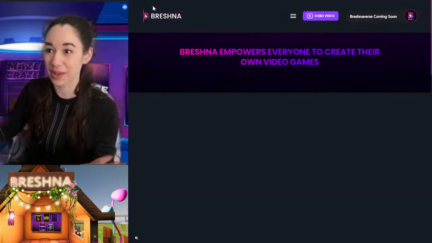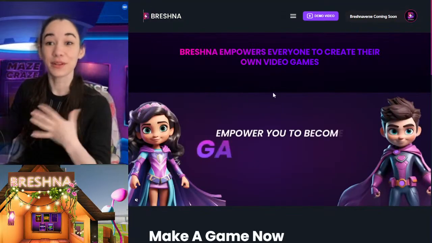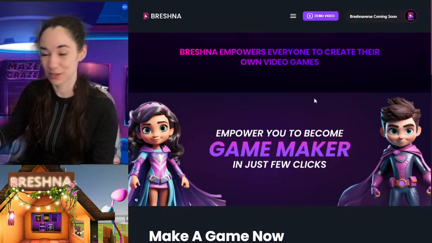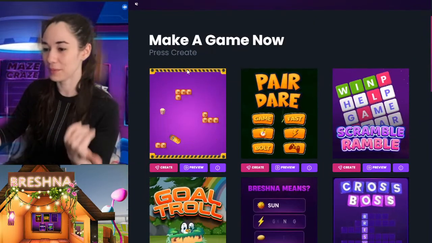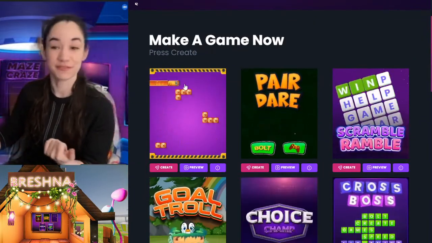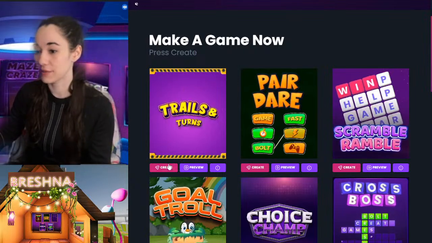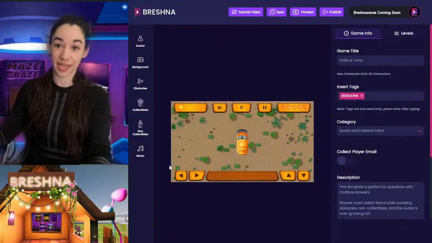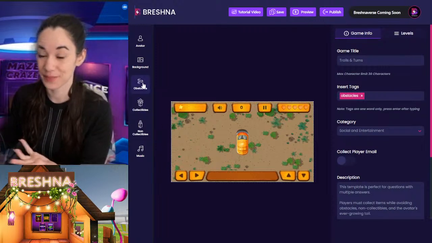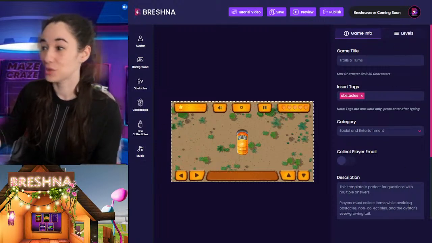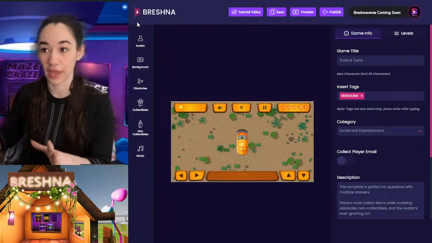So anyway, I've clicked in. I'm going to click back really quick to the home page just so that you guys can see me click in. I'm coming down. Trails and Turns is that very first one right here. We really love it. So we're going to click create, and then it brings it into our classic editor. This classic editor has two panels, and on the left side,